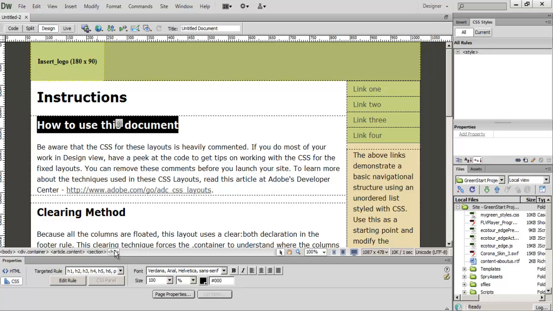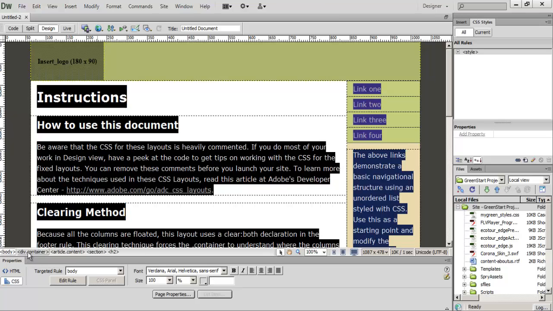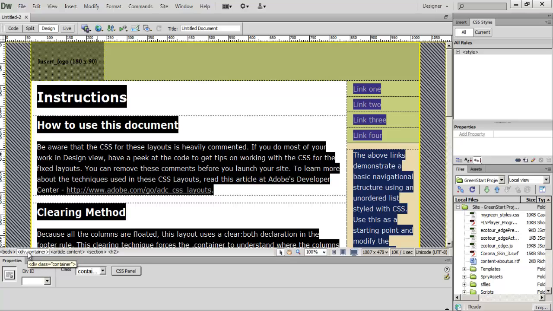The display order of elements in the tag selector directly correlates to the page code structure. Elements appearing to the left are parents or containers of all elements to the right. The element farthest to the left is the highest in the page structure. As you can see, the body element is the highest and the div container is second. As you click around the page sections, you will be able to determine the HTML structure without having to delve into the code view window at all. In many ways, the tag selector interface makes the job of identifying the HTML skeleton much easier, especially in complex